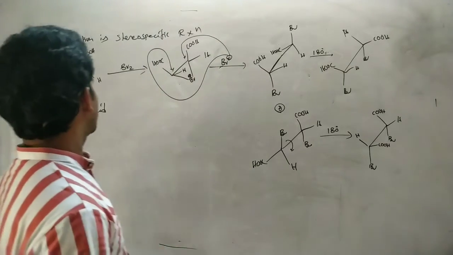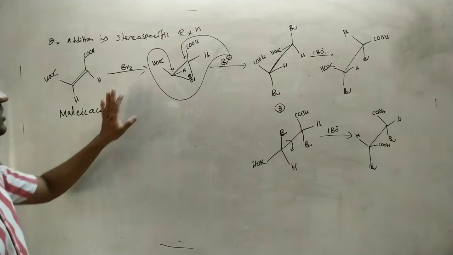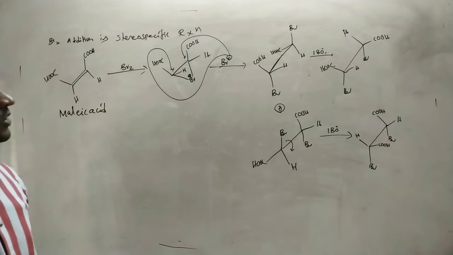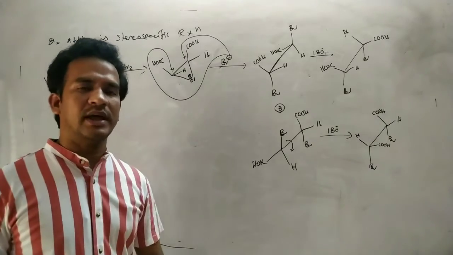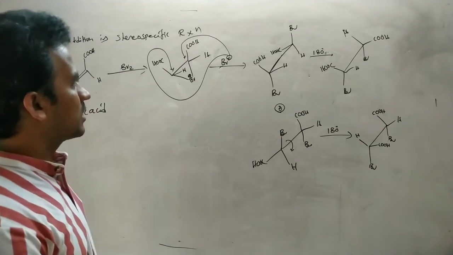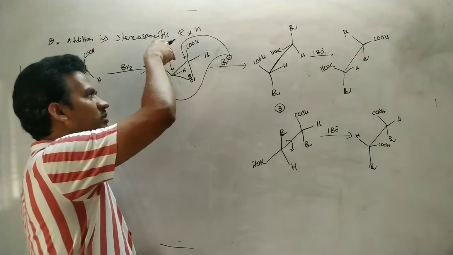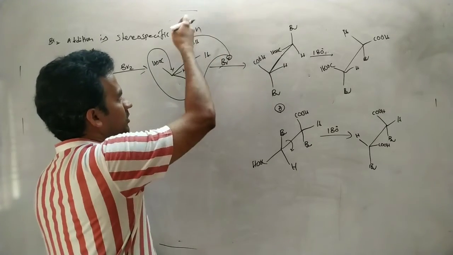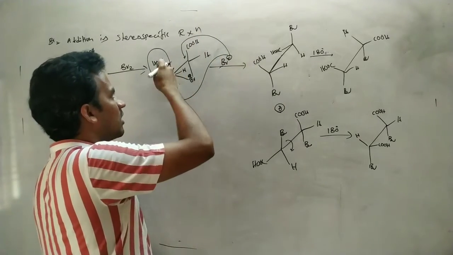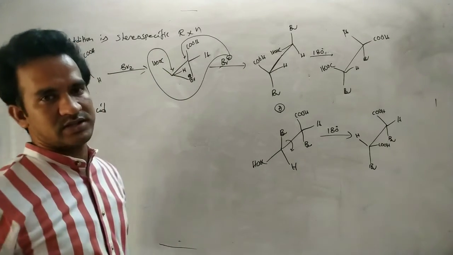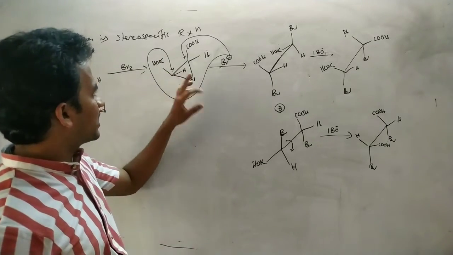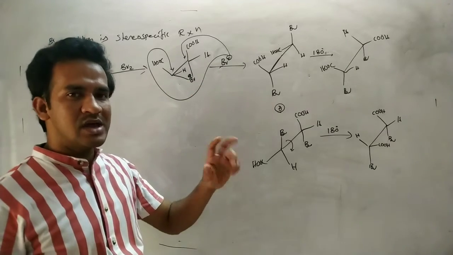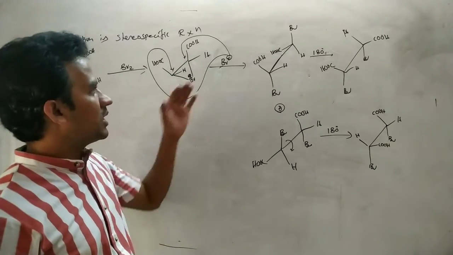So here, for suppose maleic acid, it is the cis isomer, in the bromine addition it first of all forms a cyclic bromonium ion. Now this cyclic bromonium ion is opened by Br minus. In this bromonium ion, the bromine is in the downward direction, so the Br minus attacks from the upward direction, either this carbon or this carbon, because there is equal chance. Both carbons have a similar nature, so both have equal chance of being attacked by the Br minus.